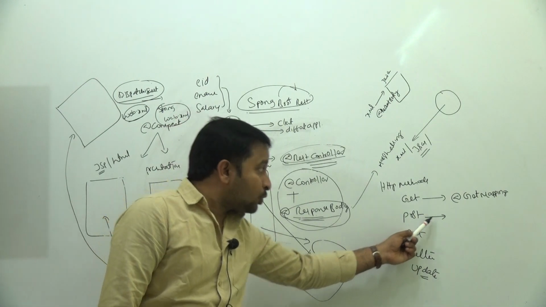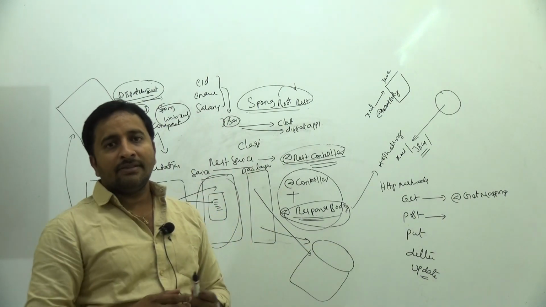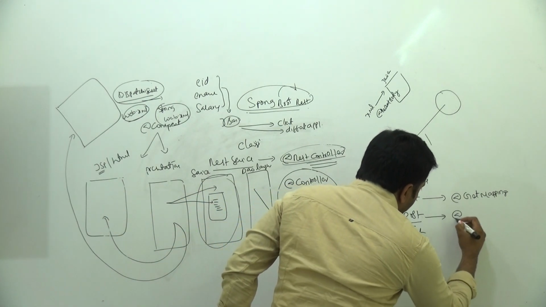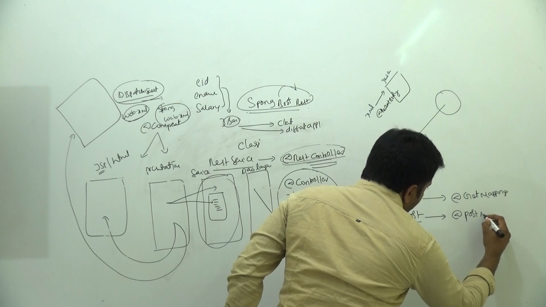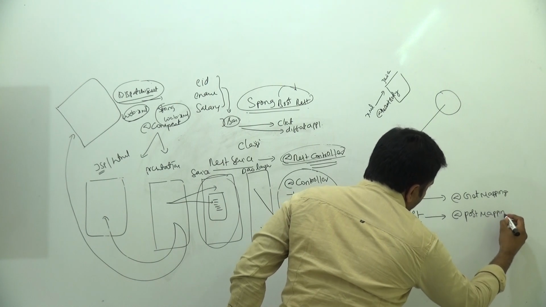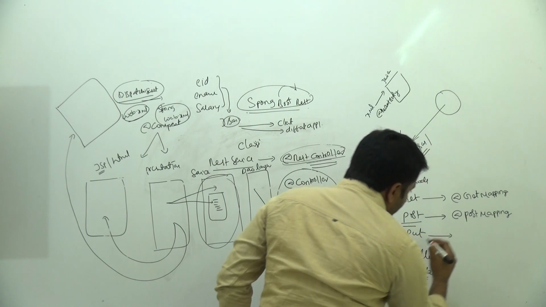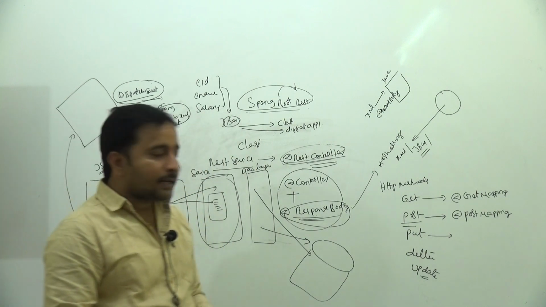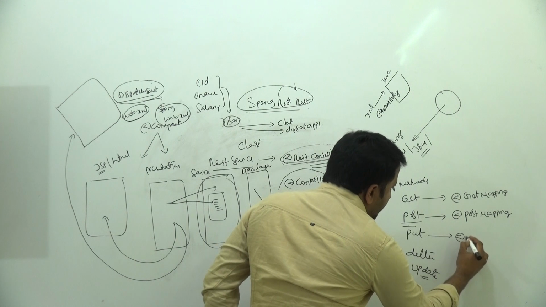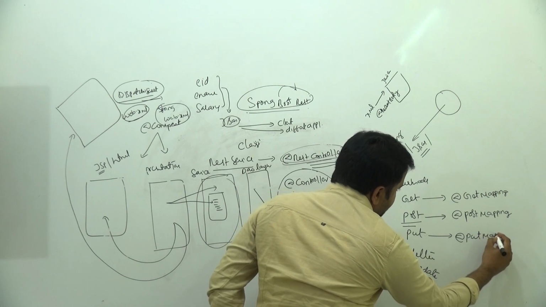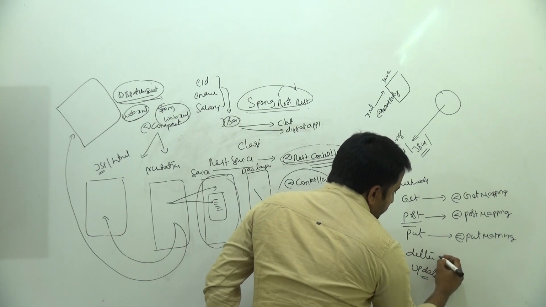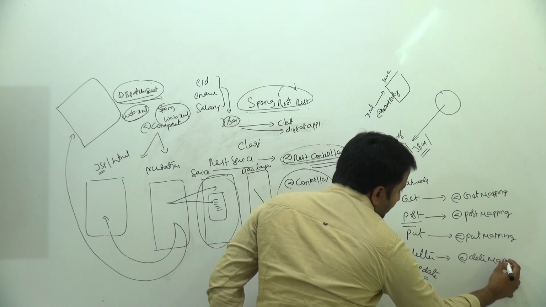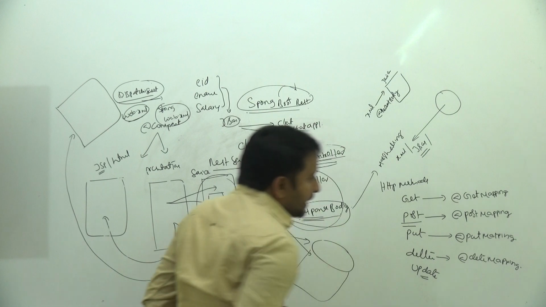For example, I am posting the data. Posting the data means inserting the records into the database. Which method do we have to use? The POST method. How does it take the request? @PostMapping. For example, PUT means updating the record. In order to update the record, which method do we have to use? @PutMapping. Like that. And to delete the record, which one do we have to use? @DeleteMapping.